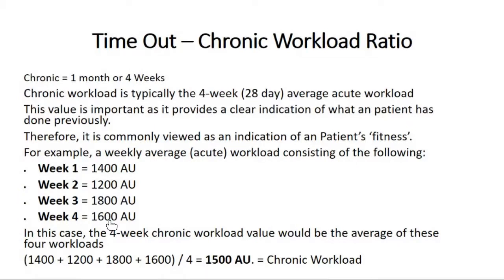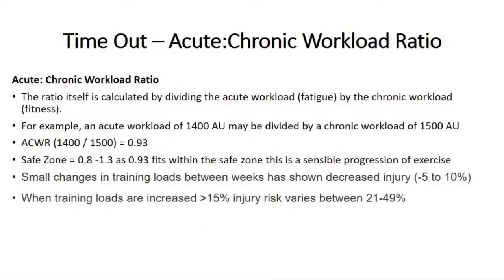Then if we look at our monthly workload, we can see all the different scores that we've got. We were a bit lazy in week 2 and we made up for it in week 3. We're going to add all those weeks up, divide it by 4 because there's 4 weeks in a month, and that gives us our chronic workload. And then what we're doing is we're comparing our chronic workload to our acute workload. So for example, this might be our acute workload, 1,400, and our chronic workload is